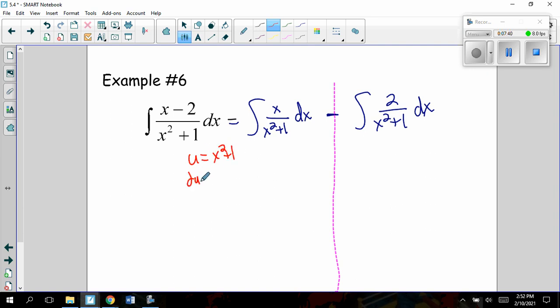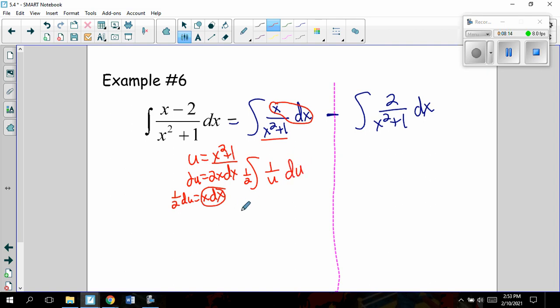So du is 2x dx. I don't want the 2, so I'm going to divide by 2. So I have a half du equals x dx. Circling parts here, that part matches. I just made the denominator u, so now my integral is 1/2 times 1 over u